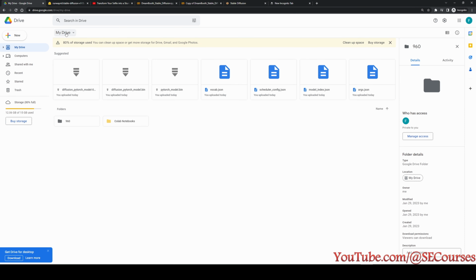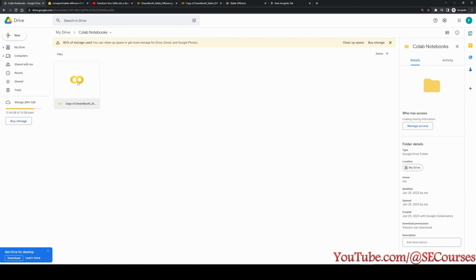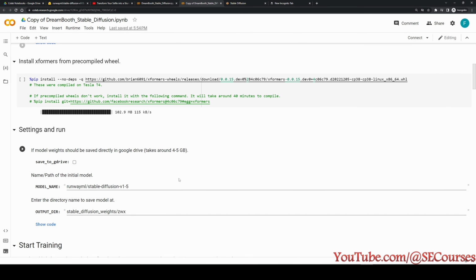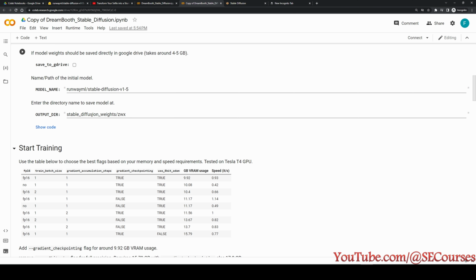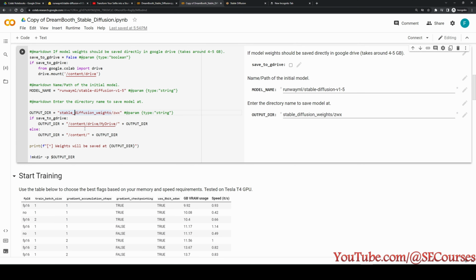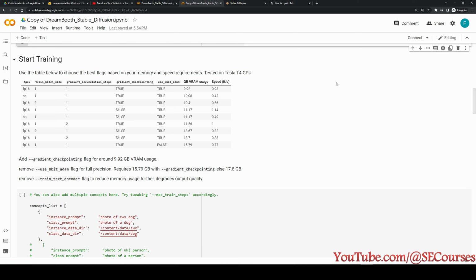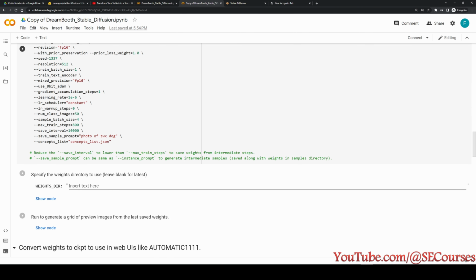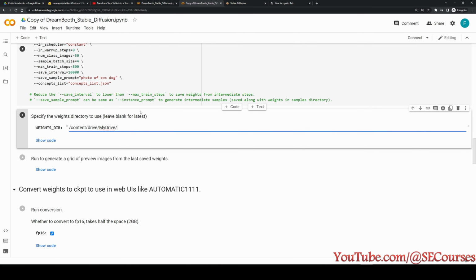When I check inside here, I should see Colab Notebooks, and you see it is here. Now I need to set the directory path as I have just shown you. By the way, if you are going to do a new training, you need to set it here. But if you are not going to do new training, you just need to set it here.